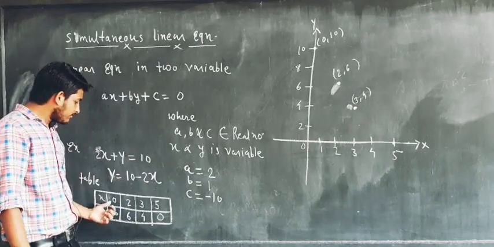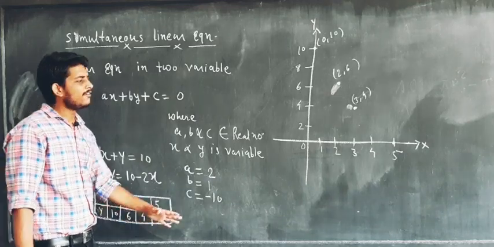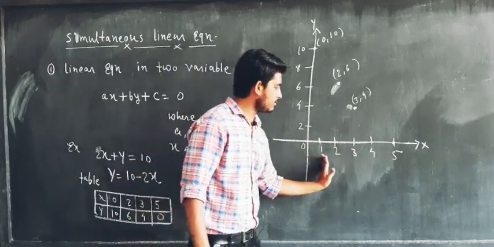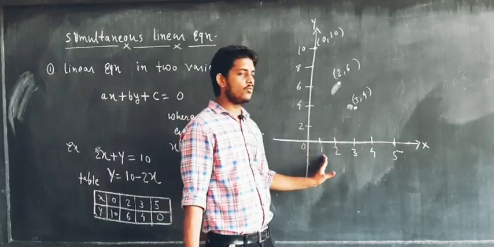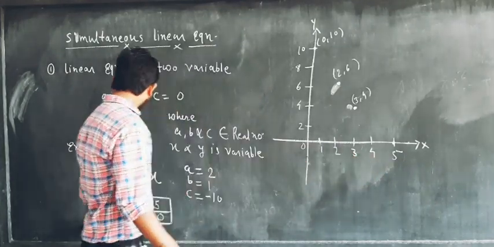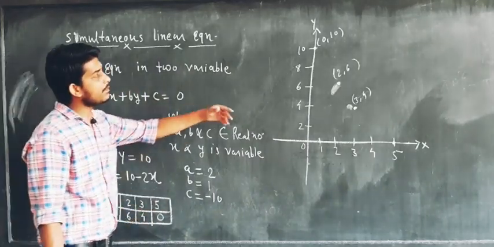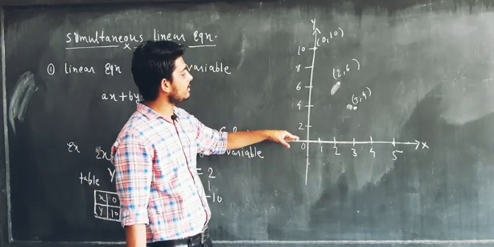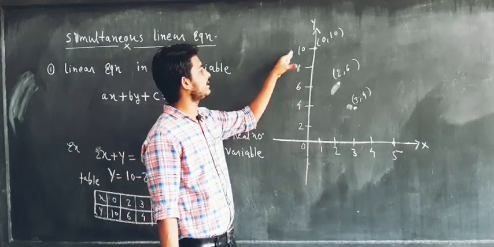Okay. So what are the values of x? You have 0, 2, 3 and 5. So take any suitable scale for x and write down all the numbers. I have taken 1 unit of scale. So 0, 1, 2, 3, 4 and 5. Similarly, what are the values for y? I have 10, 6, 4 and 0. So again I am taking a suitable scale and I will put the values. I have taken 2 units here. So 0, 2, 4, 6, 8 and 10.